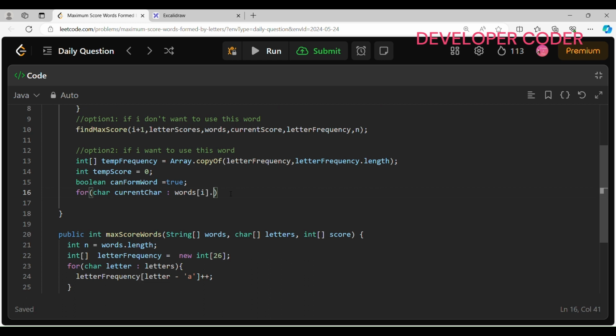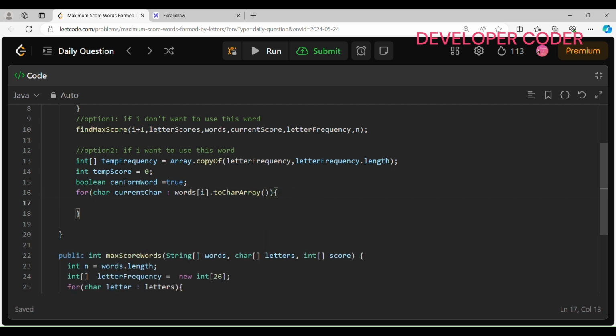After that, for this word, let's change it to a char array. I hope this is clear. This is a simple for each loop, right? So it's words of I dot toCharArray. Now inside this, if the temp frequency, the frequency that I have already stored in temp, temp frequency of current character minus a,